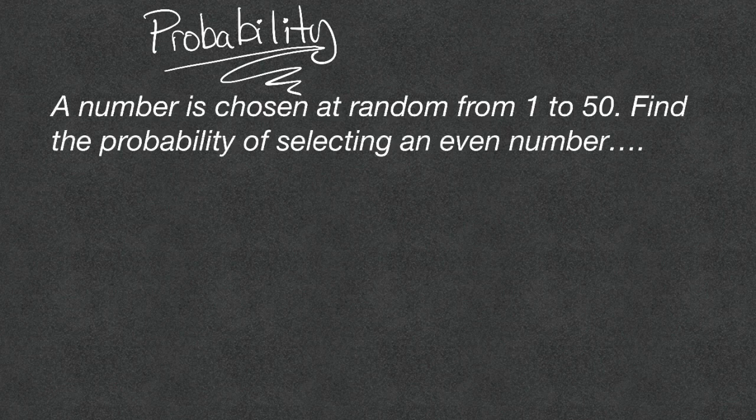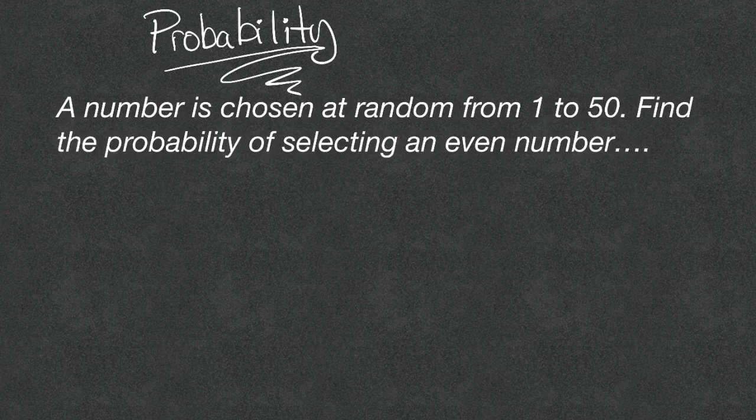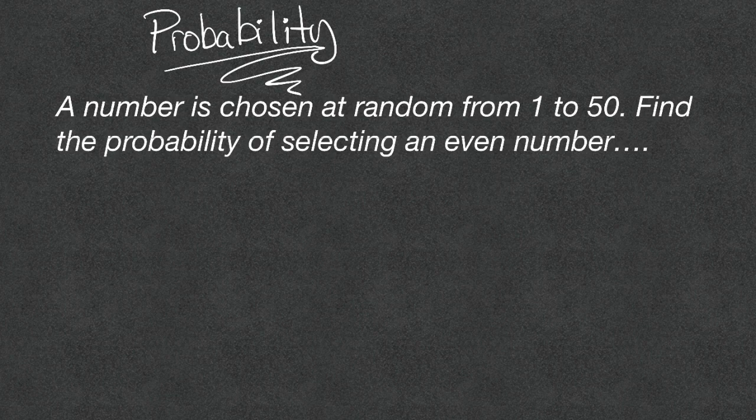A number is chosen at random from 1 to 50, and we need to find the probability of selecting an even number. Well, half of these numbers are even. So 25 out of 50 numbers is even. That's our probability of getting